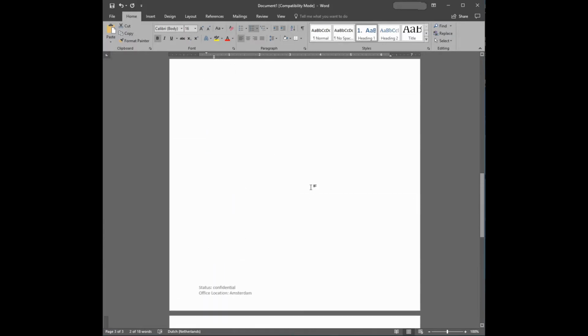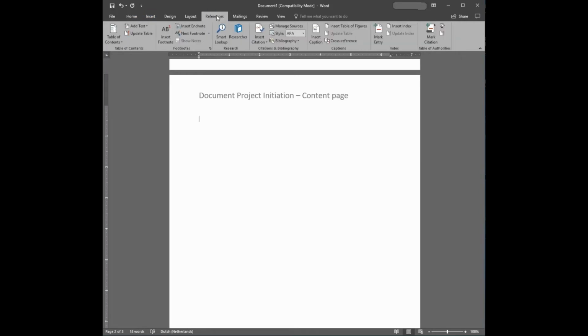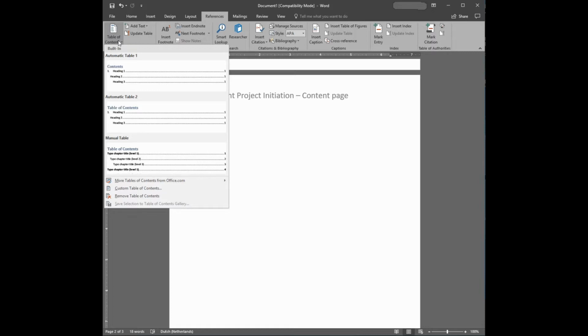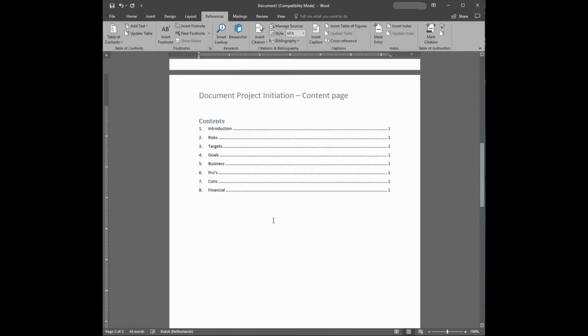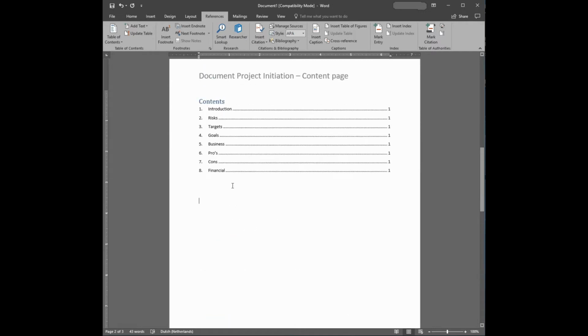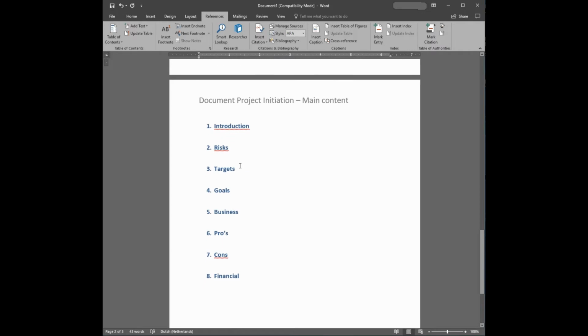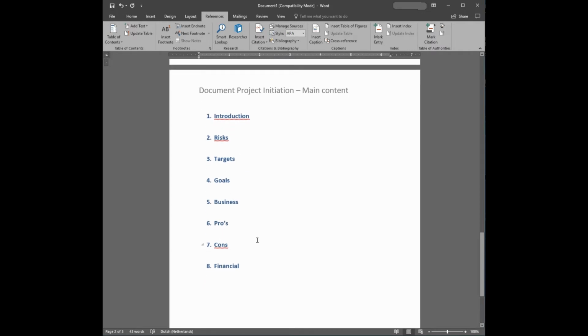Now I'll do the table of contents on page number 2, because I did a couple of chapters. I'm going to go to References and click my table of contents button over here. I'm just going to do a very simple automatic table. There you go. Everything's on page number 1. I have 8 chapters and everything's basically in there. Looks good, except for the fact that pros, cons, and financial